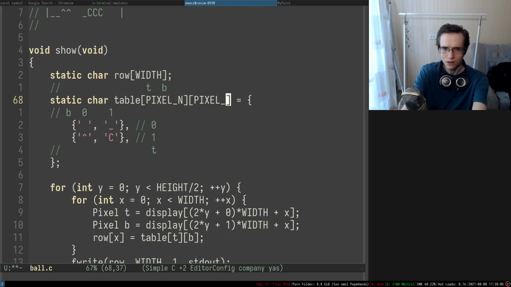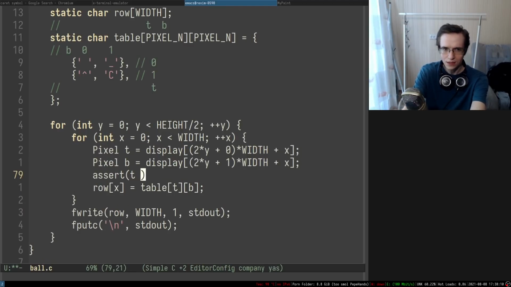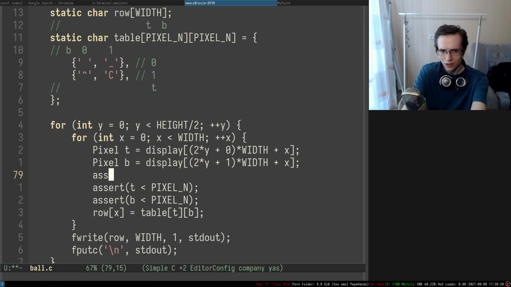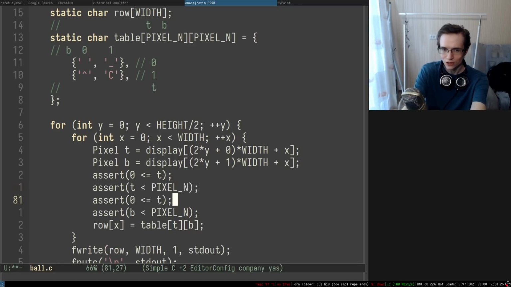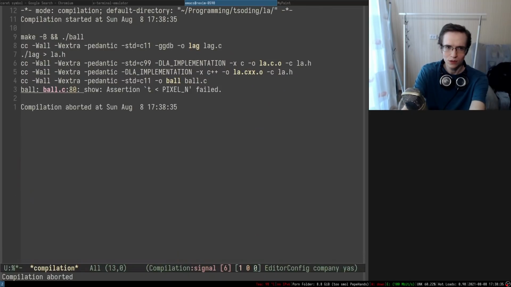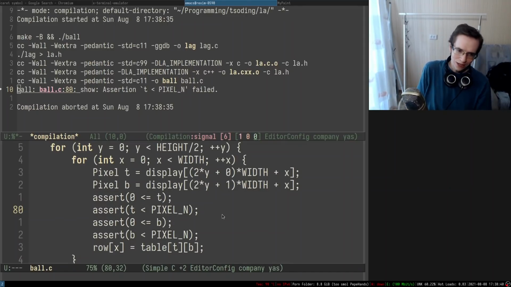So this one is going to be pixel n, and at least in runtime now we can assert that t right is less than pixel n, and b also is less than pixel n. Ideally it would be nice to also assert that it's greater or equal than 0, just in case. Well, let's do that. So all of these assertions will probably fail, right? But at least it will help us to catch these kind of situations at runtime. Catching errors that should have been caught at compile time, at runtime, in a